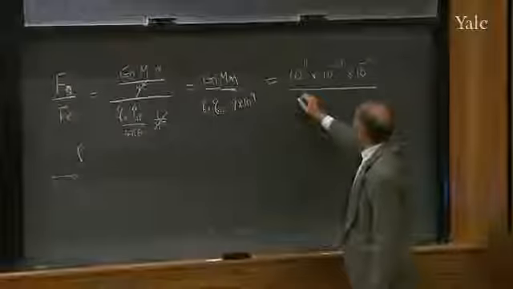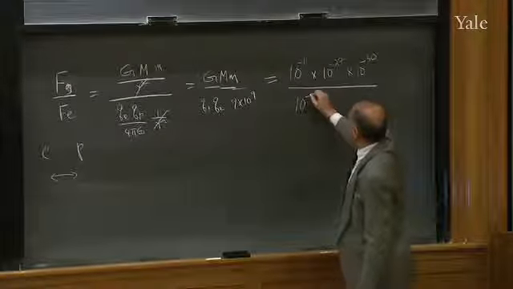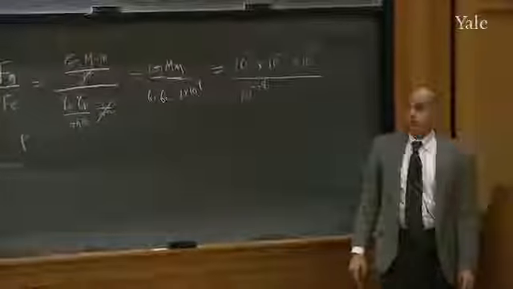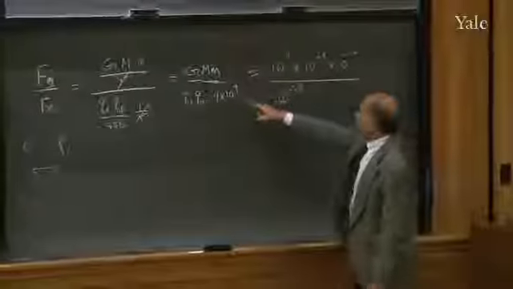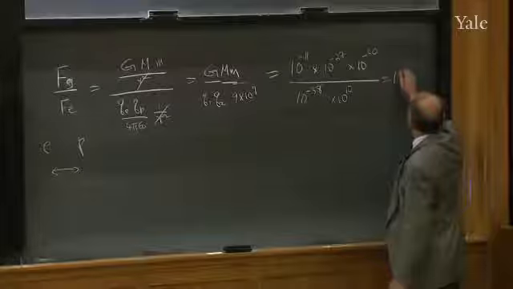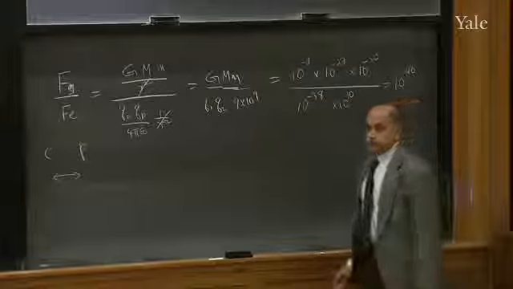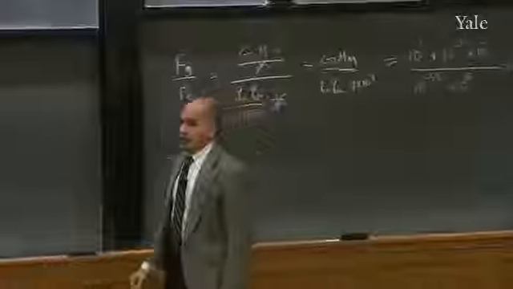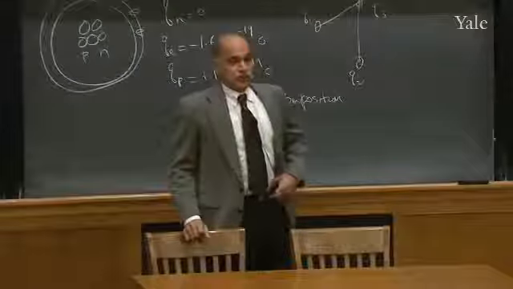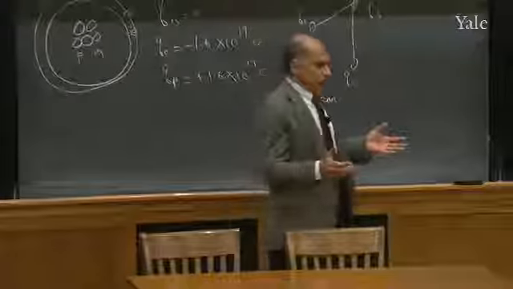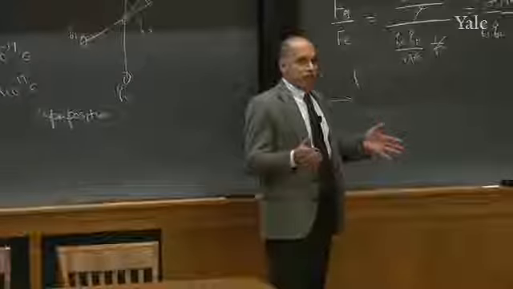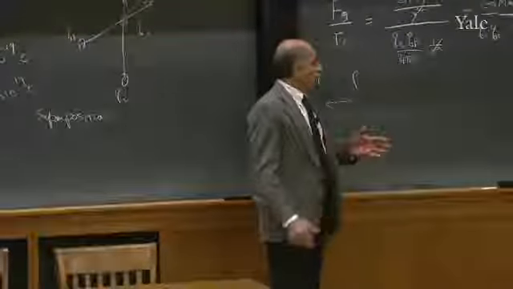Q1 is 1.6 times 10 to the minus 19. So 2 of those Q's is 10 to the minus 38. Then 9 times 10 to the 9 is roughly 10 to the 10. If you do all that, you will find this is 10 to the minus 40. So it is some typical situation that you took, and you found this ratio of forces. So if there are 2 elementary particles, which are like the building blocks of matter, and you brought them to any distance you like, you compare the electric attraction to the gravitational attraction.